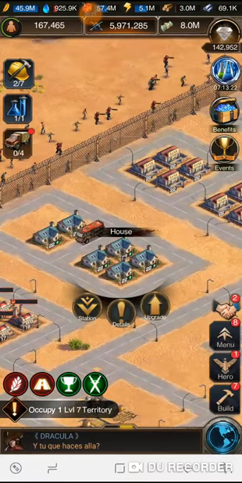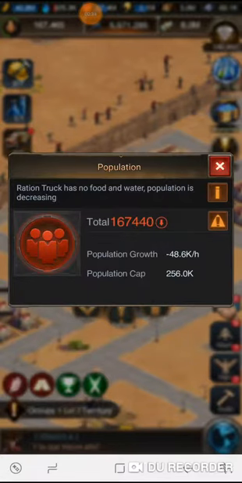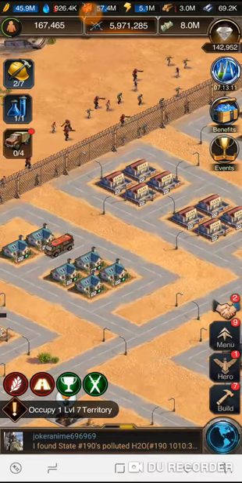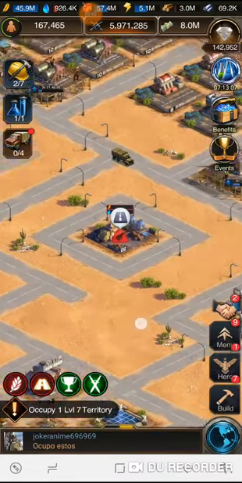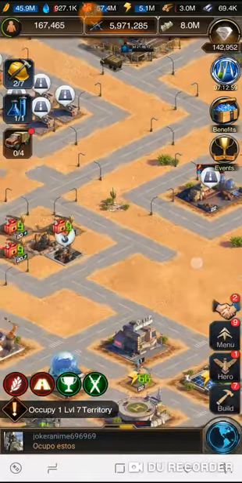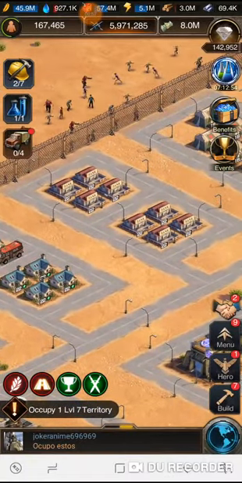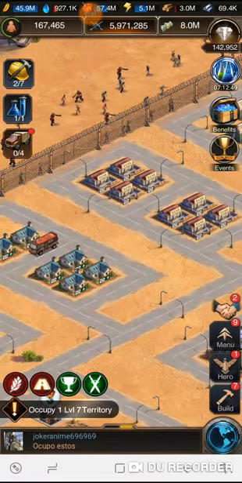But the houses, they have to be connected to the road because otherwise my population drops. We don't want that. With the ration truck not filled up, the population only goes down to like 66% of what it usually is. So it's not worth filling that up every time. That's why I don't use the ration truck. But they have to be on the road so your population